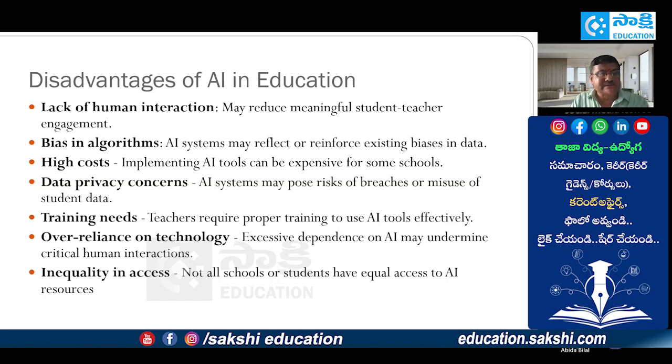Here we can say lack of human interaction. Definitely you will not find that much human interaction. At the beginning, while explaining the distinction between traditional methods of teaching and teaching using AI tools, we have seen this human interaction also. And bias in algorithms: artificial intelligence systems may reflect or reinforce existing biases in data. And implementing artificial intelligence tools can be expensive for some schools, because now you can